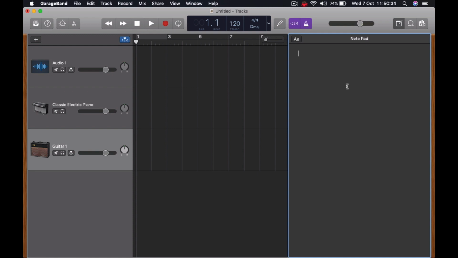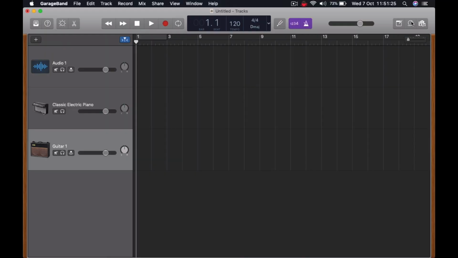Suppose I'm recording something on this track and I want to share this file with you and I want to ask you to add your parts on it. I can leave notes here that you can go back and refer to and then add your parts accordingly. Suppose I say something like, I'd like the guitars to be double tracked. I'd like the electric guitar to play a plucking pattern. Something like that. You can just leave these notes, save the session, send it to your